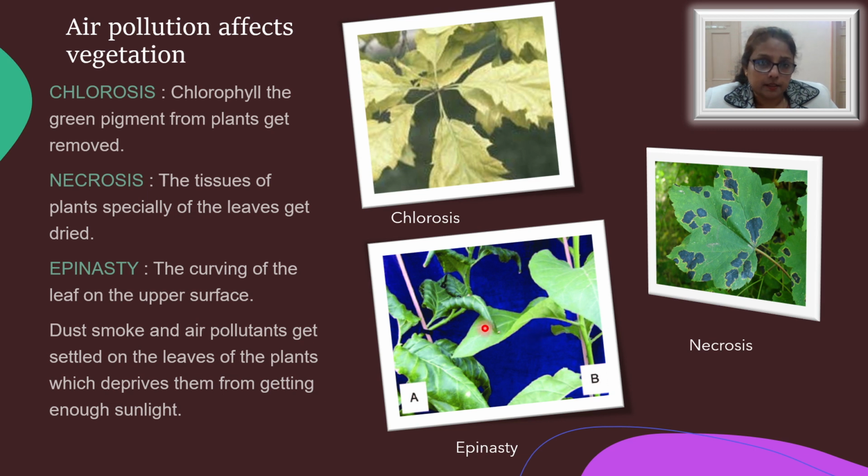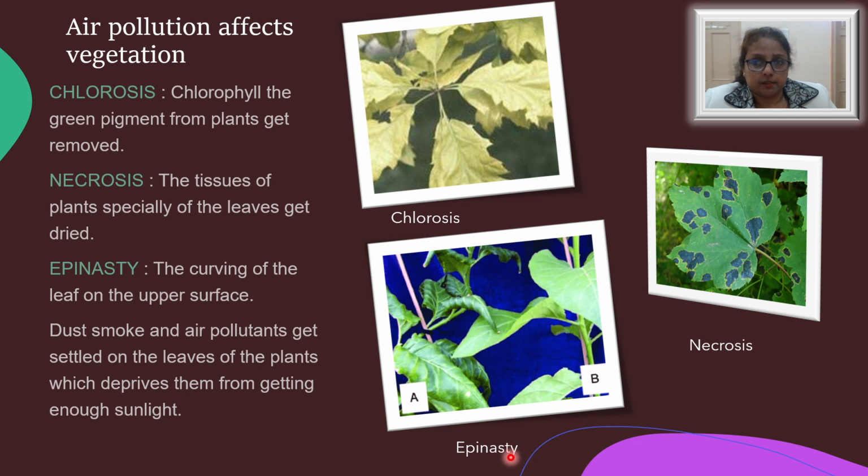B, the same plant when the leaves were not curved and they were fully healthy, which have, however, now led to the curling of the leaves, and this is mainly caused due to air pollution,